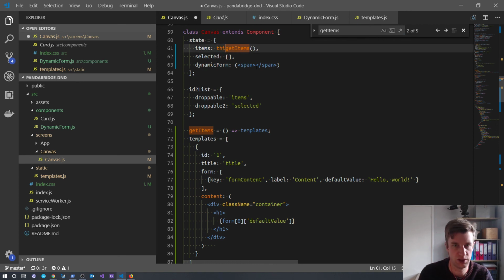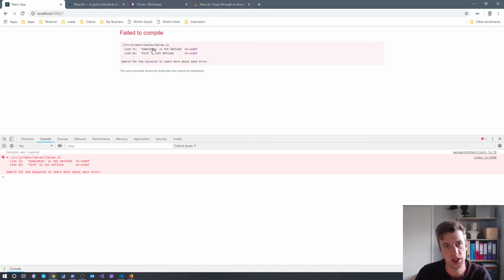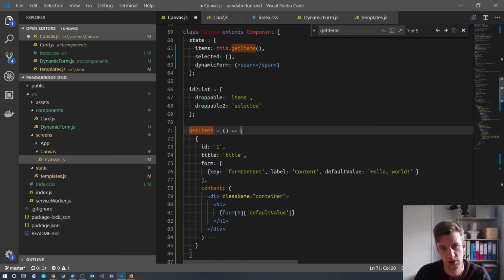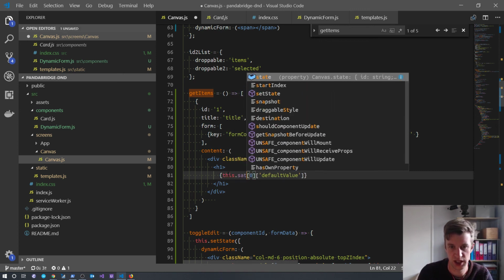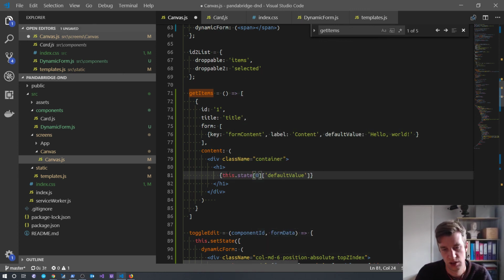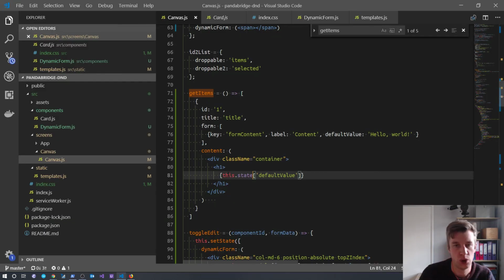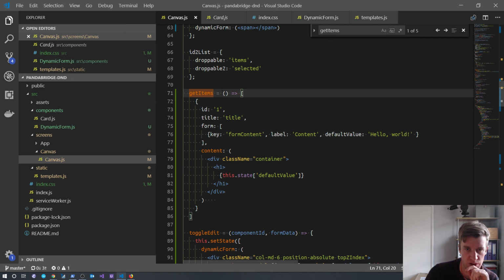This dot get items then. Templates is not defined. Templates is right there. Just like return that. Form is undefined. Okay, yeah, but I can do like this dot state. Or wait a minute, the dot get items, what I could do is I could iterate